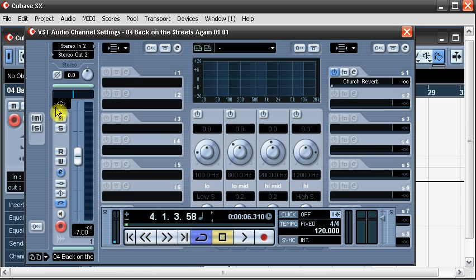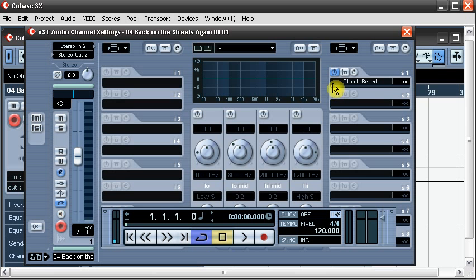Okay. Conversely, if our send is set to pre-fade, then the signal will come down, stop before it gets to the fader, send some of the dry signal off to the reverb unit or effects unit, and that means that the dry signal that we want to send to the effect unit is not affected by this fader's position at all. So that can be quite handy if we're trying to use some creative effects there. So just to give you an indication of what those two states sound like,